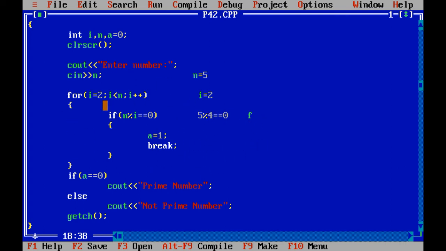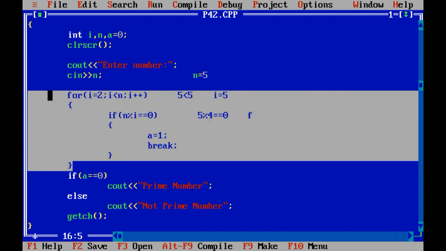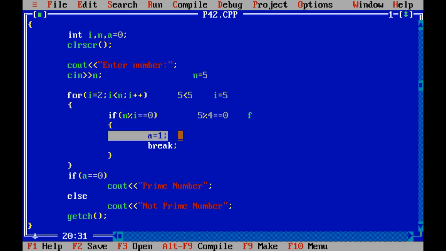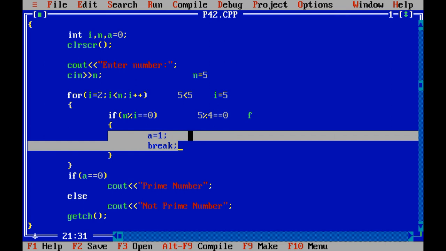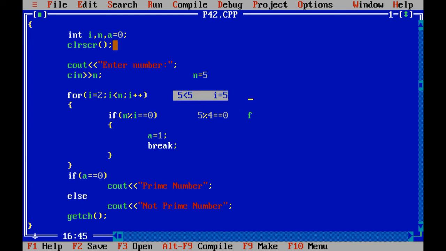Again i plus plus, the value of i becomes 5, so 5 is not less than 5 because we have not applied the equals to operator over here. So 5 is not less than 5, that's why it will go out of the loop. That means a equals 1 is not initialized in this case. So what is the value of a? We have stored the default value 0.